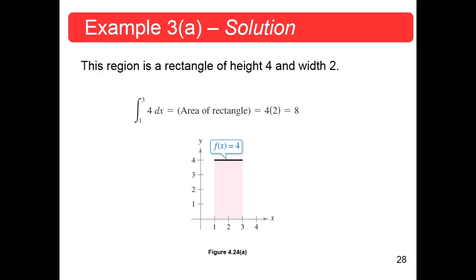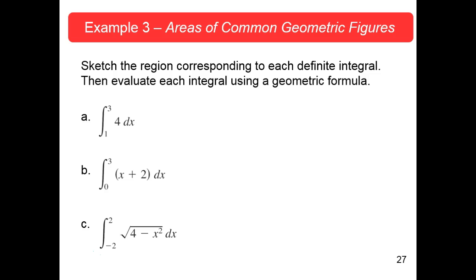Let's go back to the next one. This is the integral from 0 to 2 of x plus 2. Well, x plus 2 is a line with slope 1, y-intercept 2. You're going from 0 to 3, x equals 0, that's your y-intercept, so you're going from 2 up to there, and that's basically going to give you a